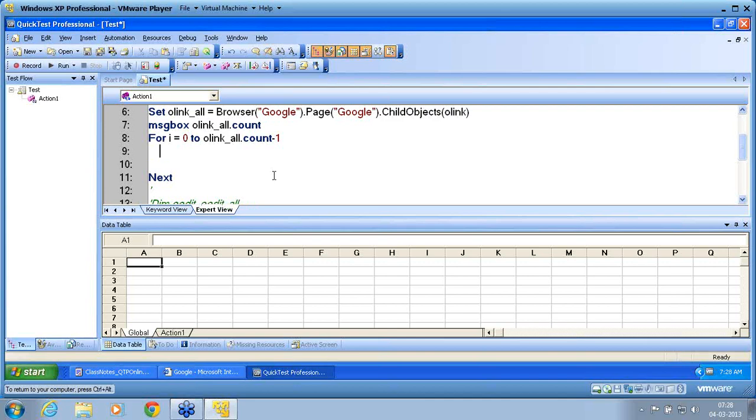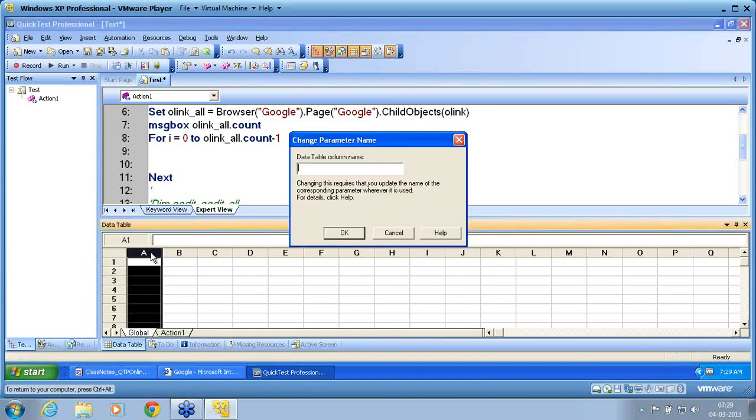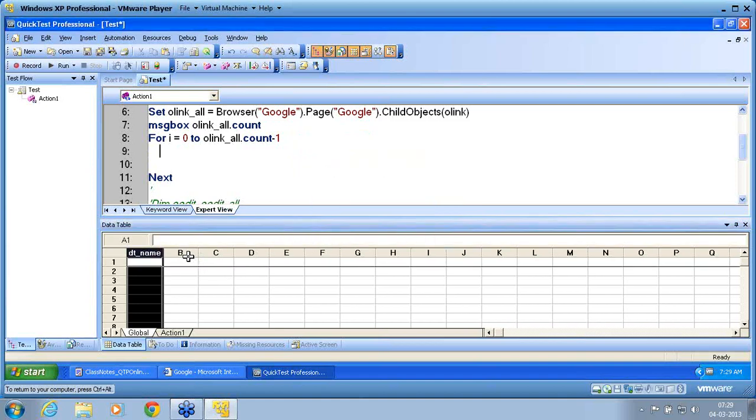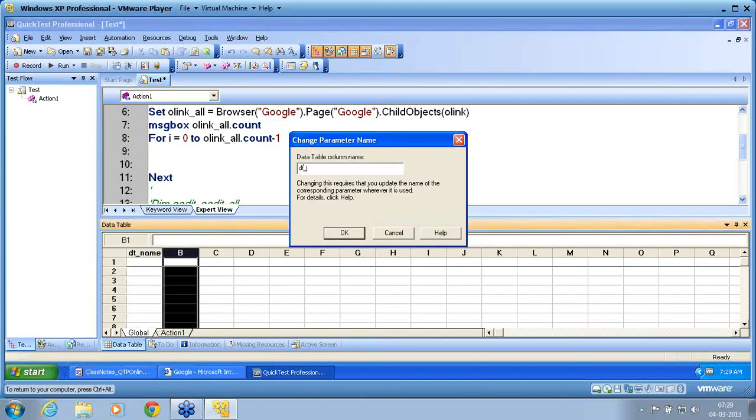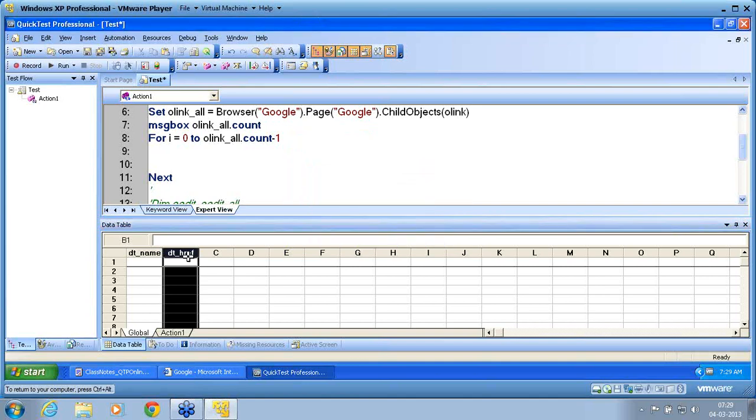My next job is to store the values in the global sheet. I create 2 columns, dt_name property and another column, dt_href property. dt represents data table. I am retrieving the property called name and the property called href from the runtime values of the application under test for the links that I have filtered.